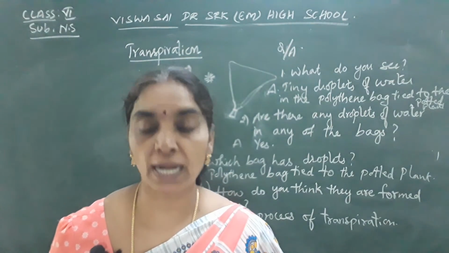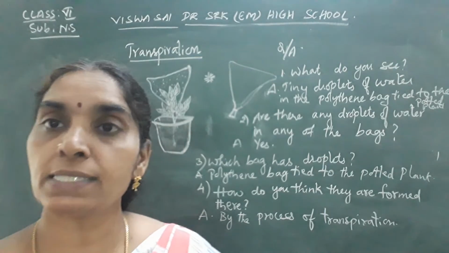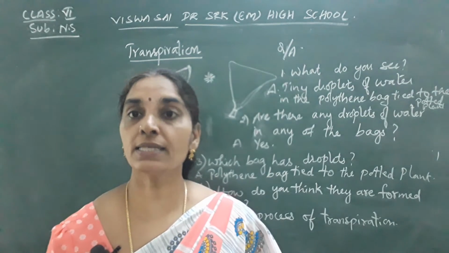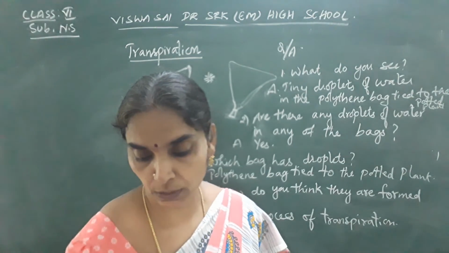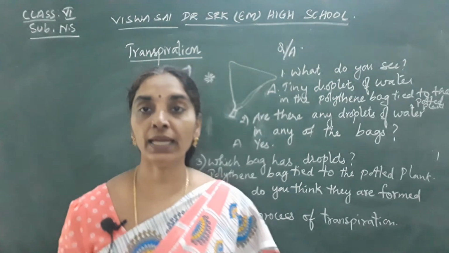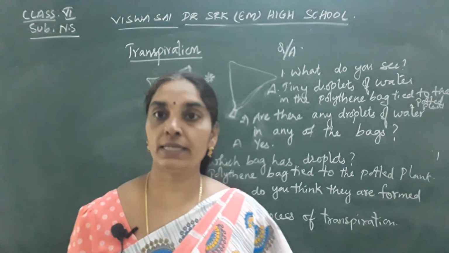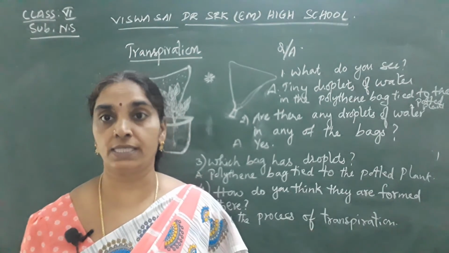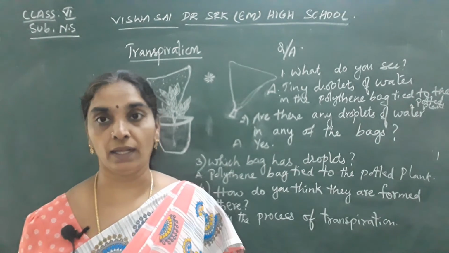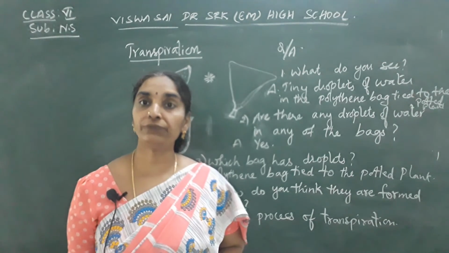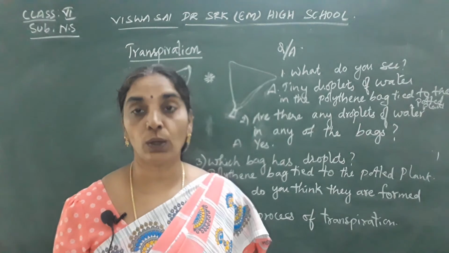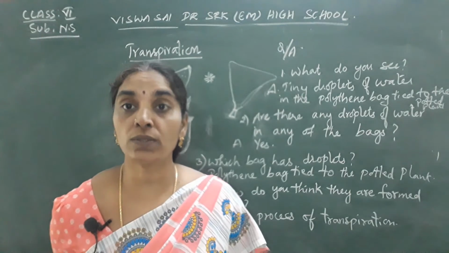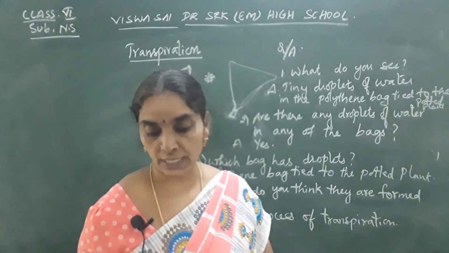What are the important parts of a plant? The important parts of the plant are roots, stem, leaves, flowers and fruits. Isn't it? Next question. How does the stem help the plant? You know well that stem is the part of the shoot system. It lies above the soil, isn't it? So, it helps the plant for conduction, bearing all the other parts of the plant, and also in some plants the stem stores the food material in them. So that is the answer.